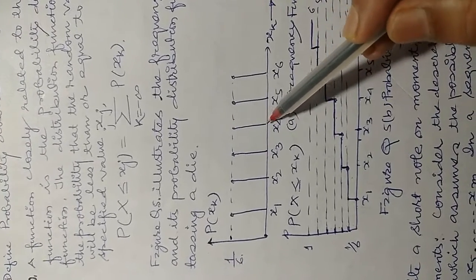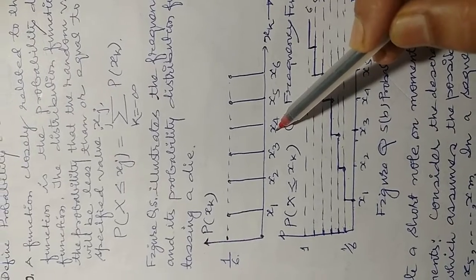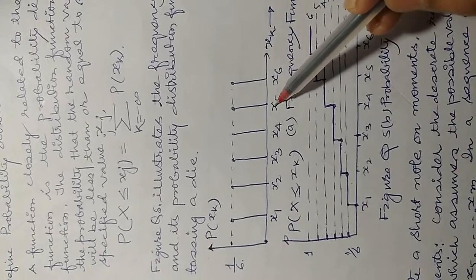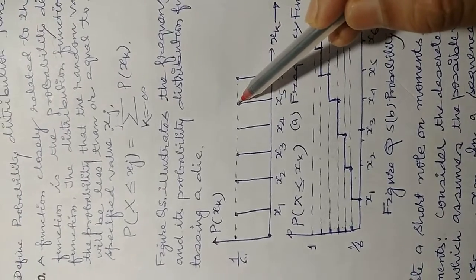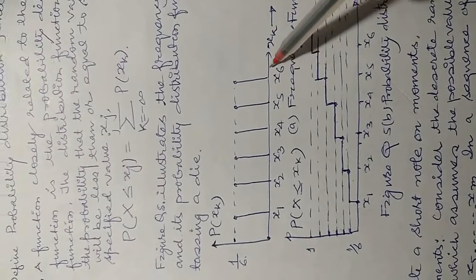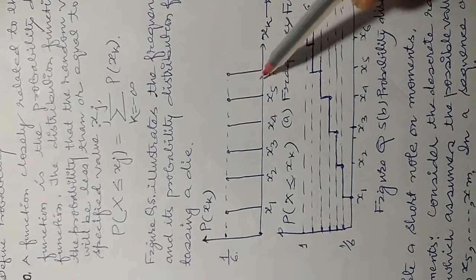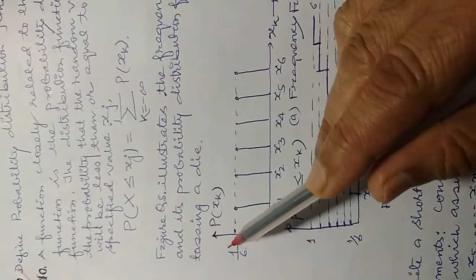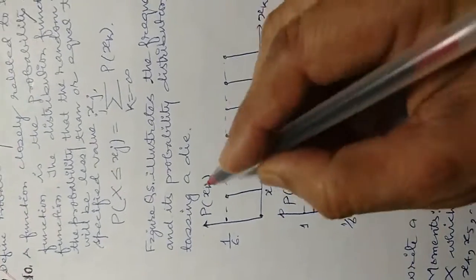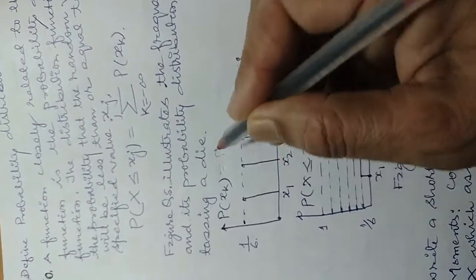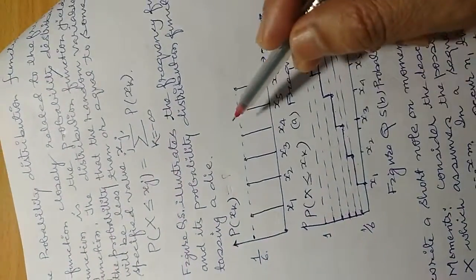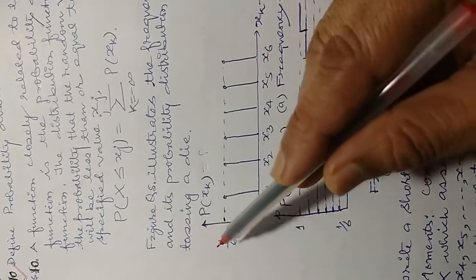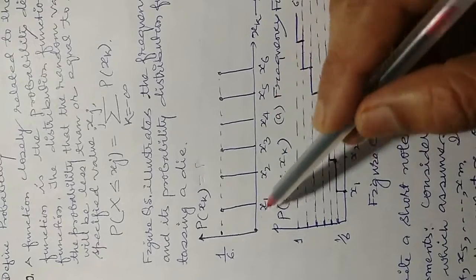Again, the probability of rolling a die and getting a 4 is 1 by 6. The probability of rolling a die and getting a 5 is again 1 by 6, and the probability of rolling a die and getting a 6 is again the probability of that experiment, 1 by 6. So we can write it likewise also, P of x1, P of x2, P of x3, P of x4, P of x5, like that we have taken. But this probability, all the events, all the outcomes